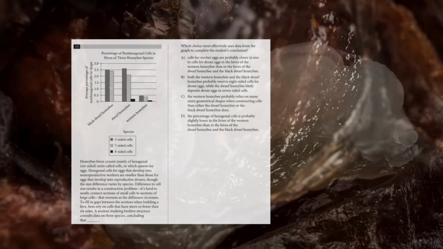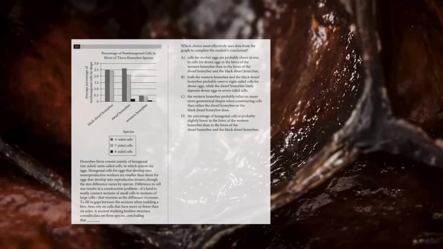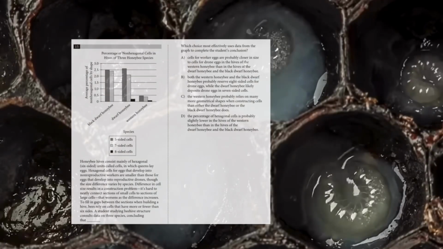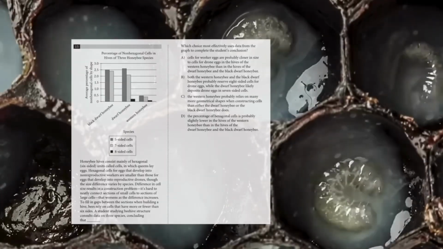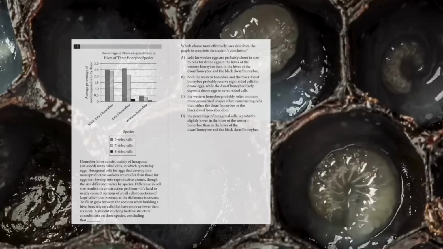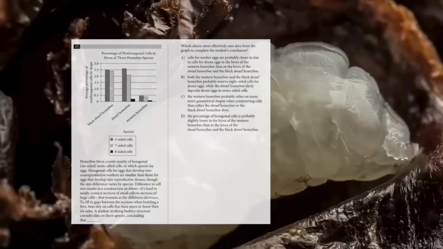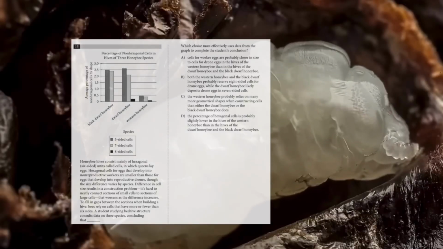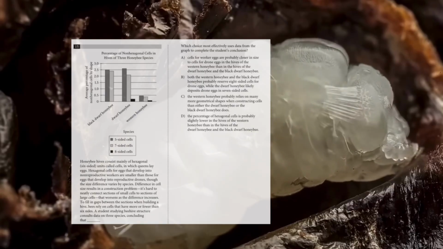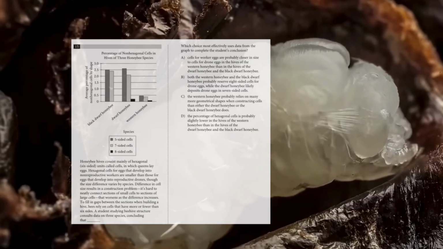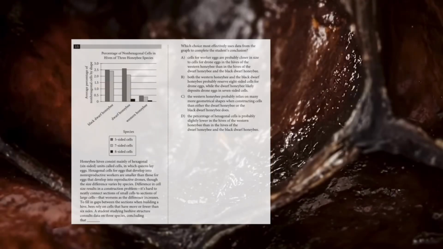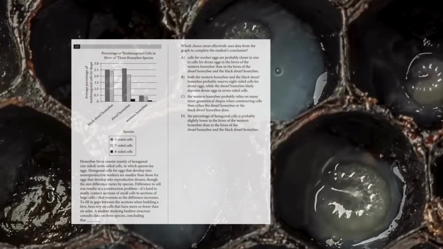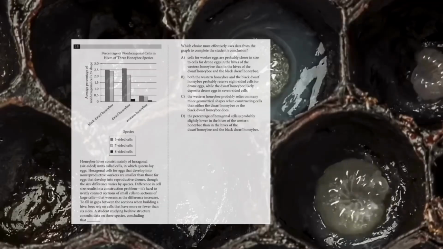Difference in cell size results in a construction problem. It's hard to neatly connect sections of small cells to sections of large cells. That worsens as the difference increases. To fill in gaps between the sections when building a hive, bees rely on cells that have more or fewer than 6 sides. A student studying beehive structure consults data on 3 species, concluding that